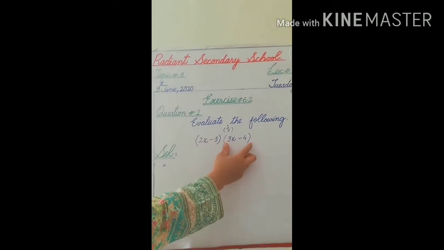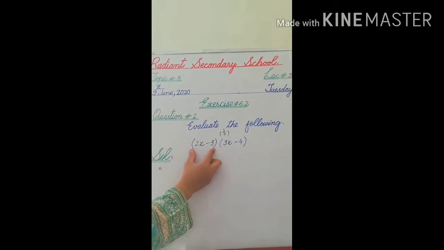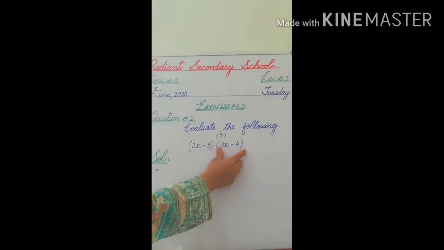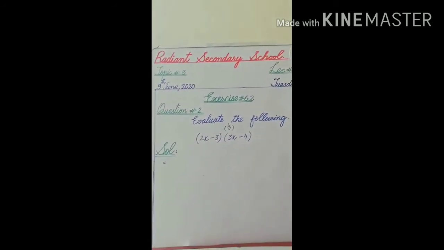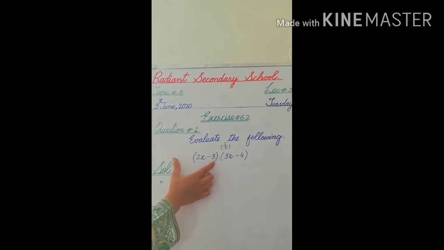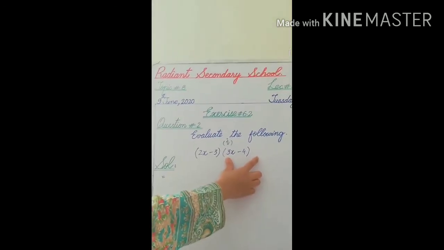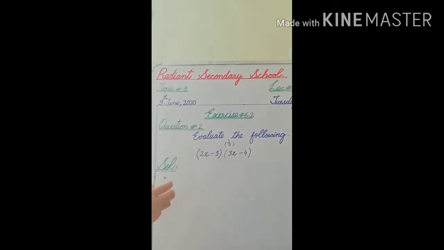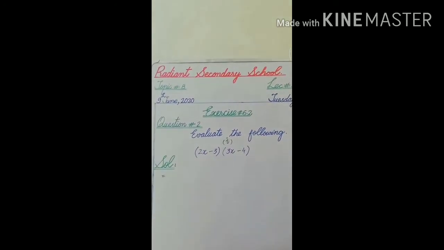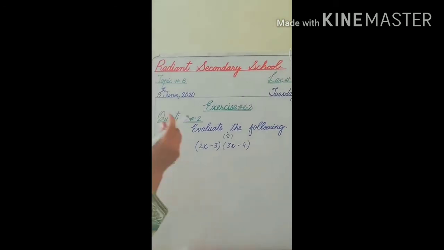In the first bracket 2 terms are coming, and in the second bracket 2 terms are also coming. It means we have to multiply a binomial with a binomial. When you understand this part number 1, then you can easily do the remaining parts. In the last 2 parts, a trinomial will be in the first bracket and a binomial in the second bracket. So please focus and watch this lecture with concentration.